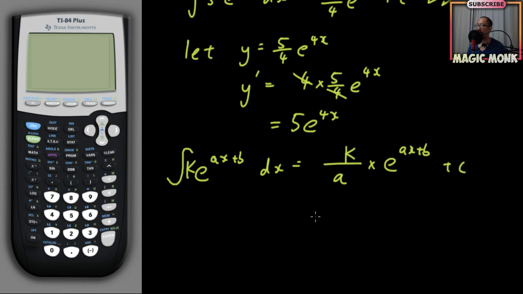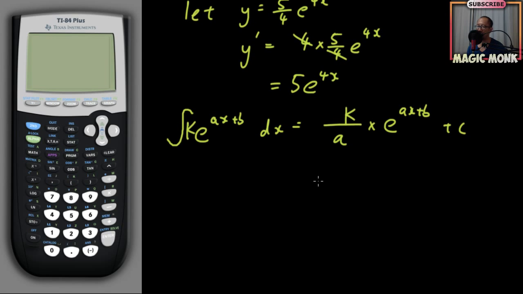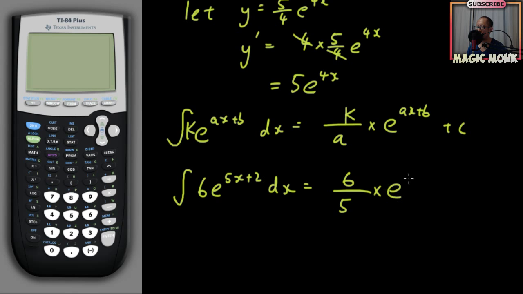Okay, so using that you might be a bit quicker, but you do have to memorize it, whereas using the way that I did before, you just need to know how to differentiate. So if I go, for example, 6e 5x plus 2, all you need to do is go 6 over 5 times e to the power of 5x plus 2 plus c. So then the answer is